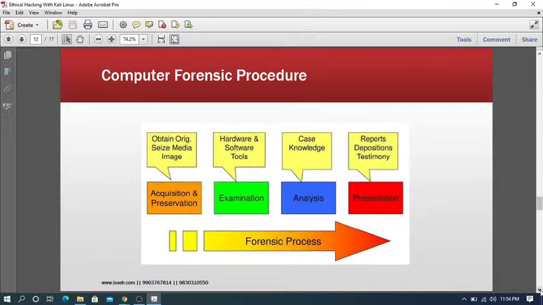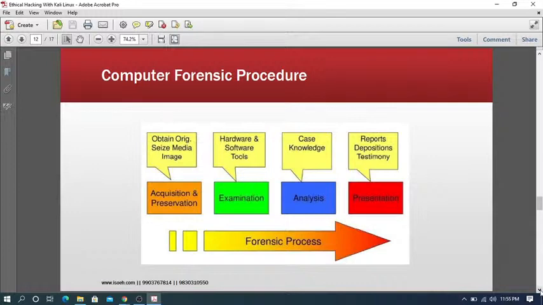Here the copy doesn't mean the normal copy paste, right? Here the copy means the exact copy, that means a bit by bit data copy. For that we need to use some software, like for volatile memory we use Dumpit or FTK Imager, or for non-volatile memory we use FTK Imager, DD. So lots of tools are there which basically create a bit by bit copy, that is actually called a forensic